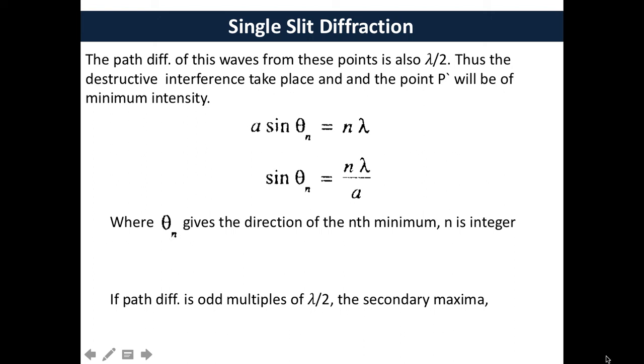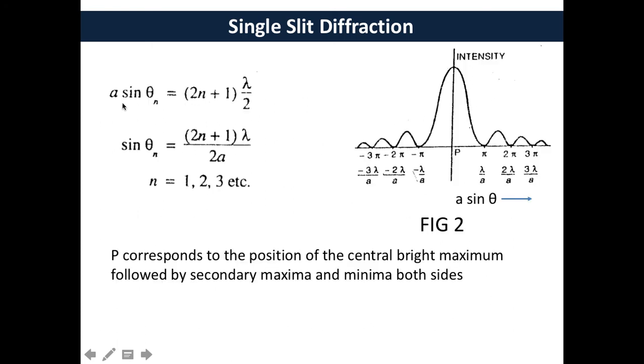If the path difference is odd multiples of lambda by 2, the secondary maxima is sine theta n is equal to (2n plus 1) lambda by 2. So if you take n is equal to 1, then it's 3 lambda by 2. This is 5 lambda by 2. And this is 7 lambda by 2. Here you can get the secondary maxima